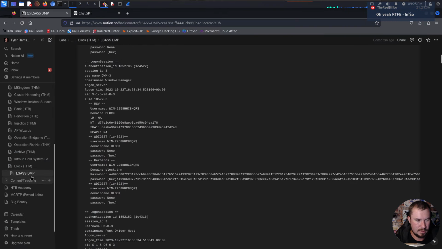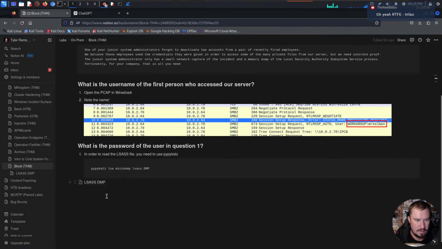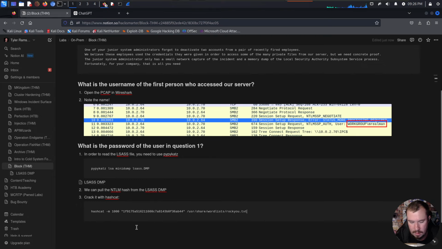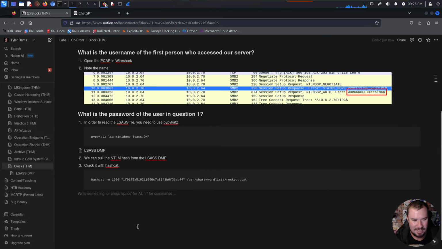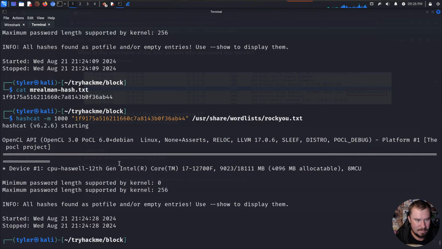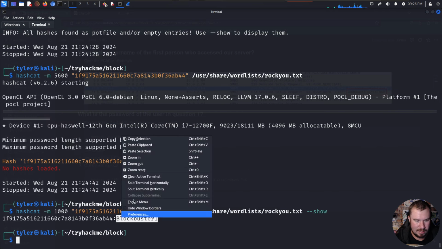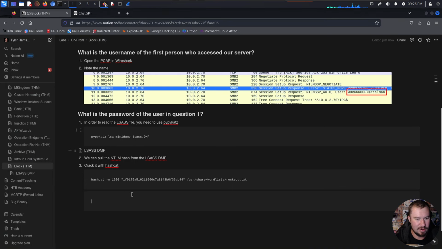And yes, let's go back over to this. We can pull the NTLM hash from the LSASS dump and crack it with Hashcat, like so. Don't make a new mistake. We have the password of Blockbuster1. So note to self, if you get that error, it's because you already cracked the hash at some